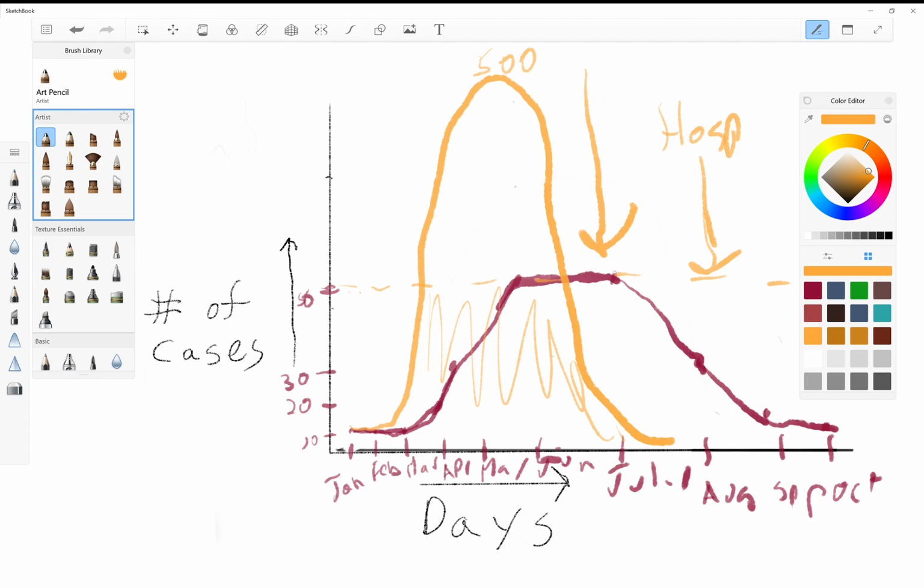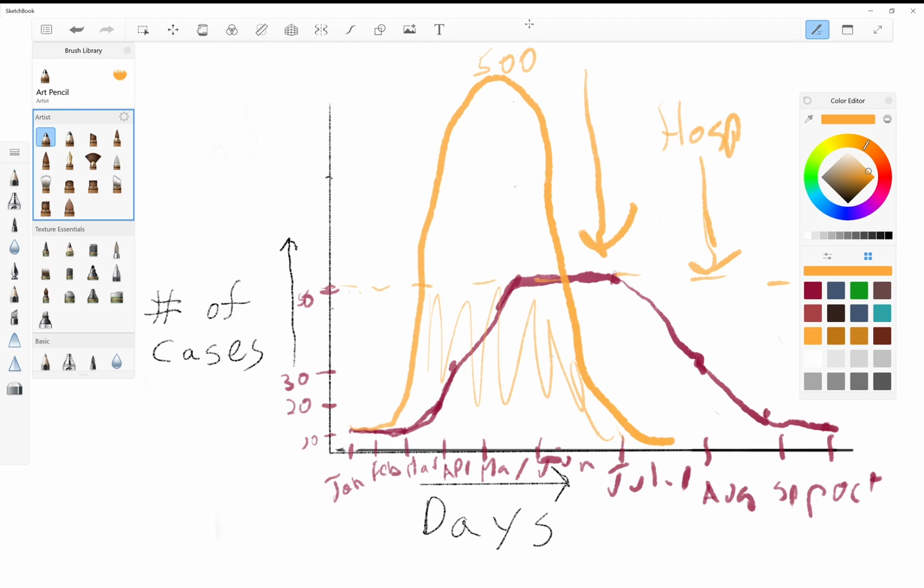So things like social distancing, hand washing, following the guidelines, wearing a mask to protect others from you, is what's going to keep this curve from getting too high too quickly, but also it helps keep the curve